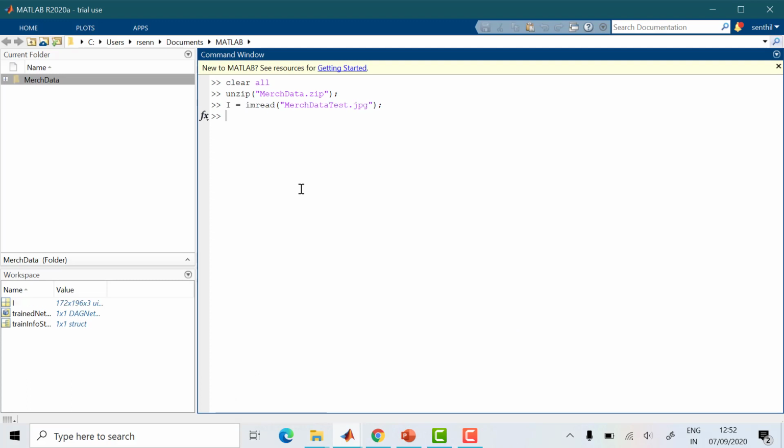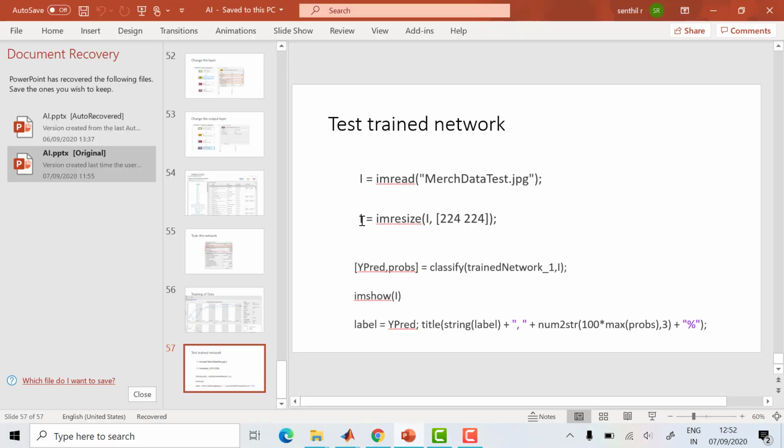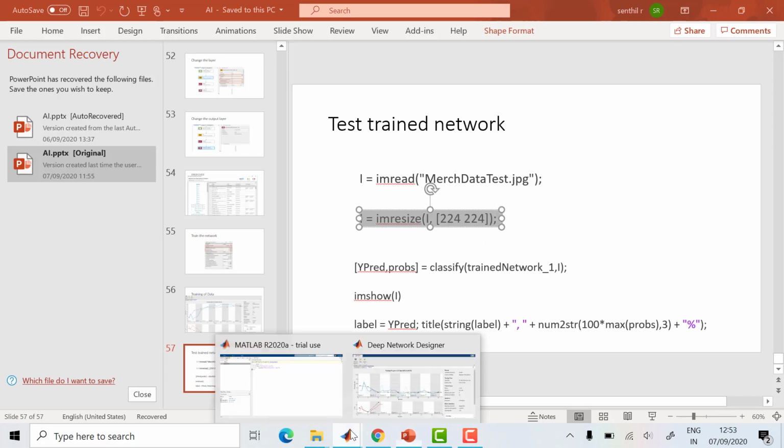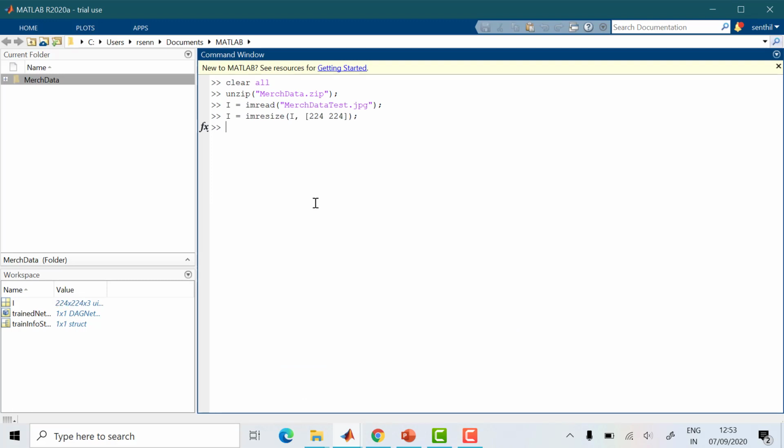So I'm reading the data test file. Somewhere I have one test file. I'm going to read it because we already split. Then I'm resizing to 224 by 224 because our GoogleNet will accept only 224 by 224.